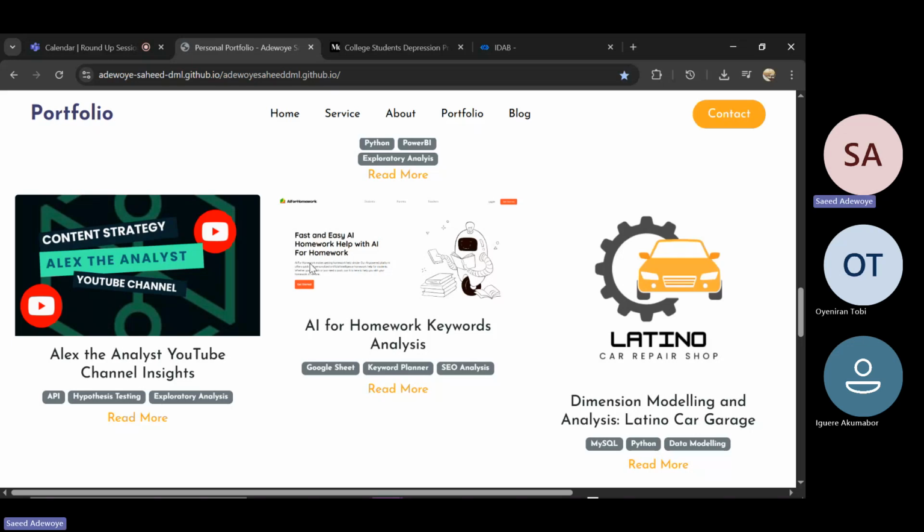Like this project, for instance, that we just concluded, put it on LinkedIn and tag Inside Data Academy, at least for more visibility for us also, because we are only about 40-something members. We still need more people on our platform for visibility. Tag us, and explain your learning process and what you gained. All those things constitute your analysis journey.